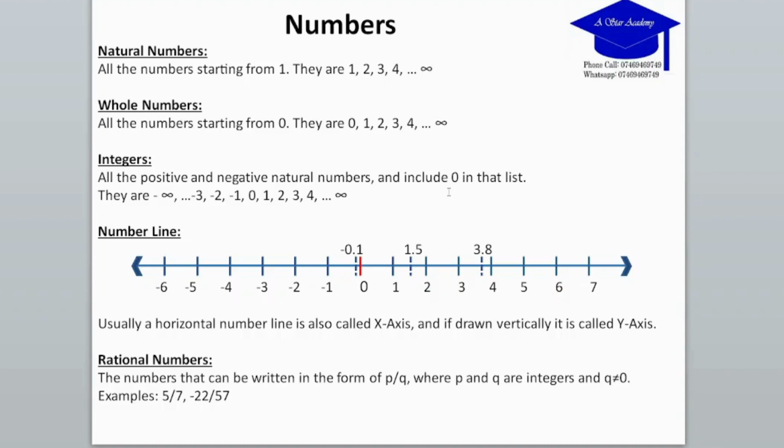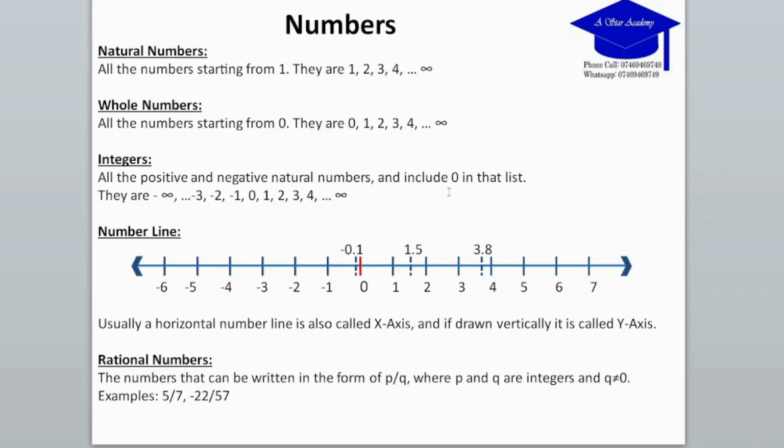Any numbers which start from 0 and then go on till infinity are called whole numbers. And if we include the negative numbers as well, then they form integers. So all the positive and negative numbers and 0